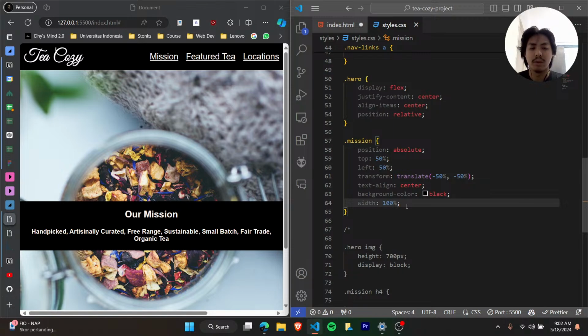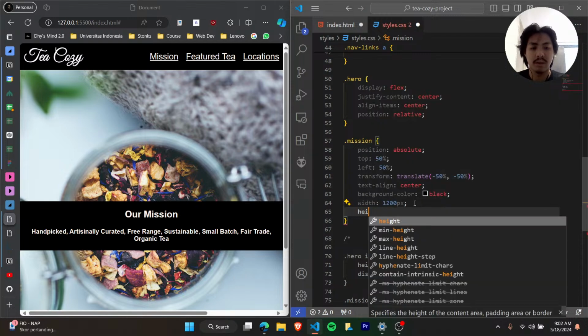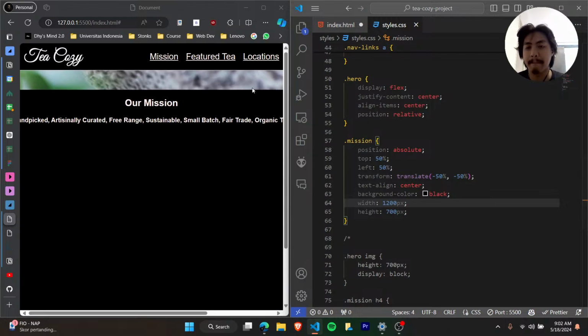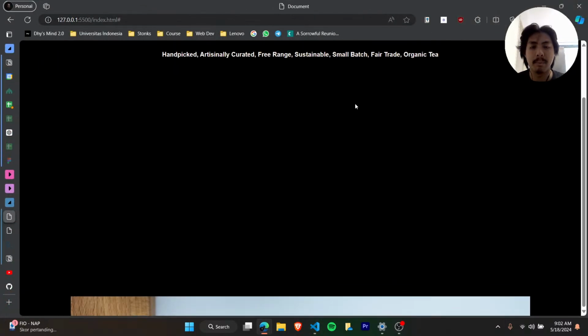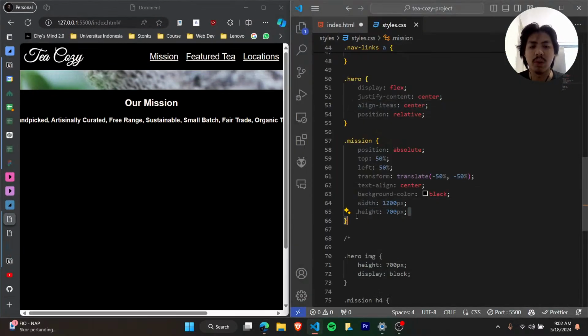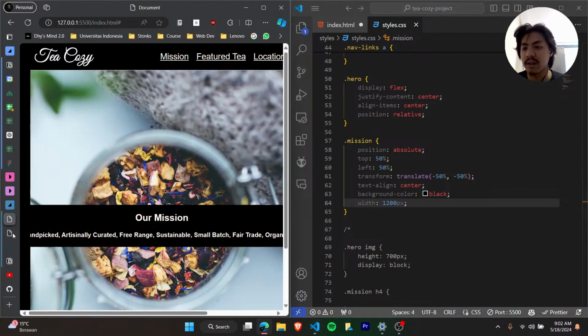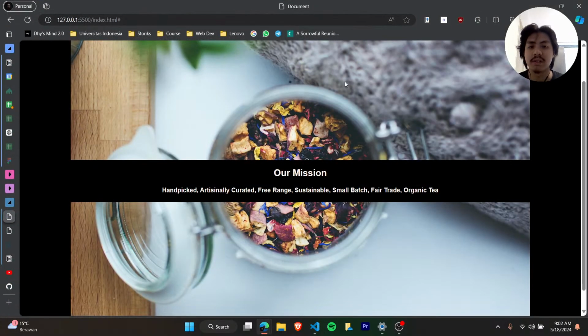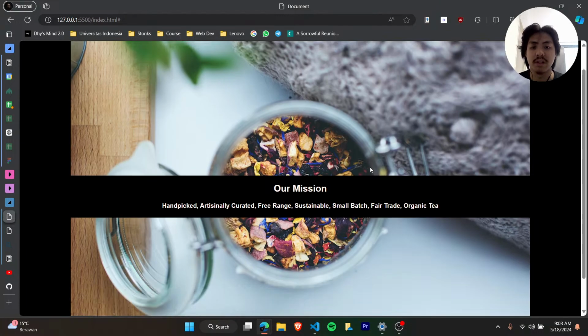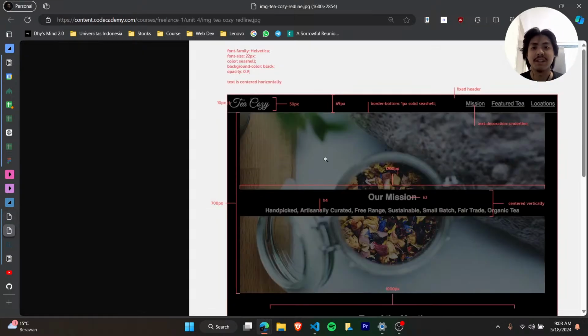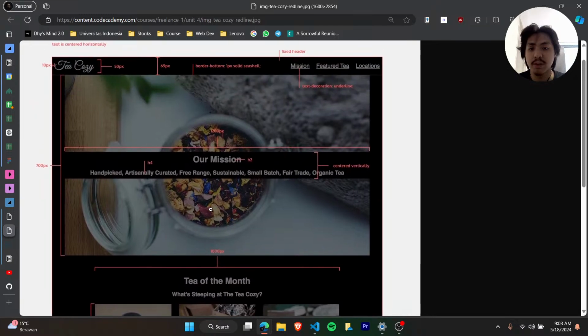Okay. What if you make it 1200 pixel and the height of 700? Okay, so I'm not sure why they ask us to have a, oh, 700 is the total image. Okay, so that's okay, that's fine. This is already according to our desired needs. It just needs to look the same, right? Okay, I think we can continue to the next part, which is the